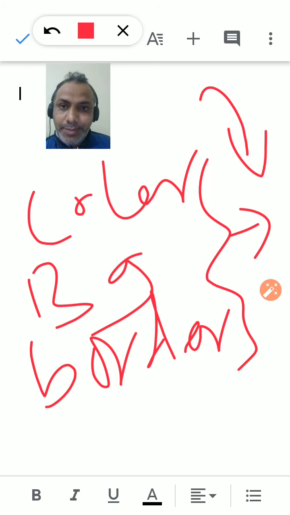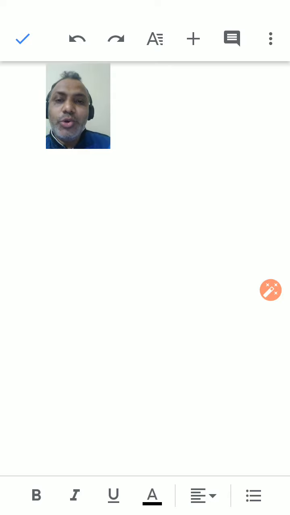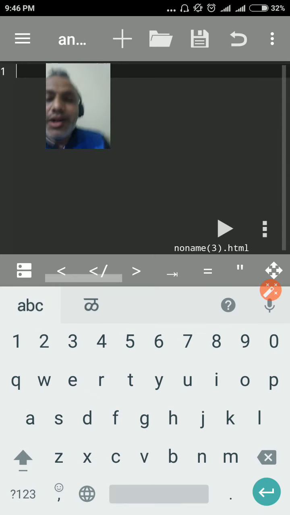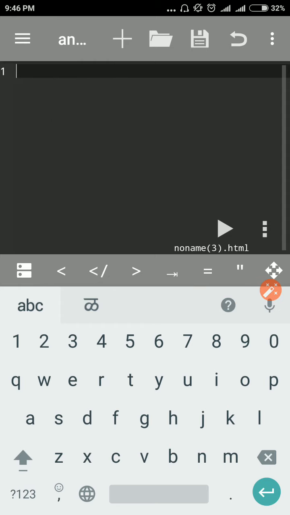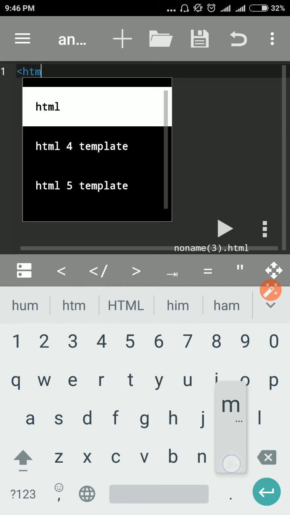Practically, how they work, we can take one example at a time. So we go to the editor here, and I turn off my camera. We take a simple HTML file template.